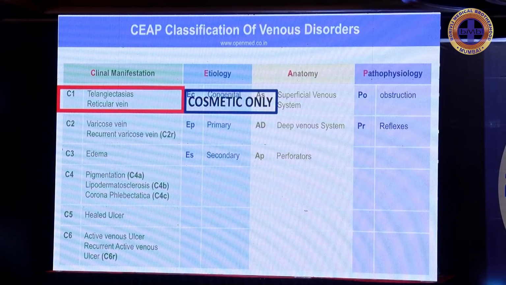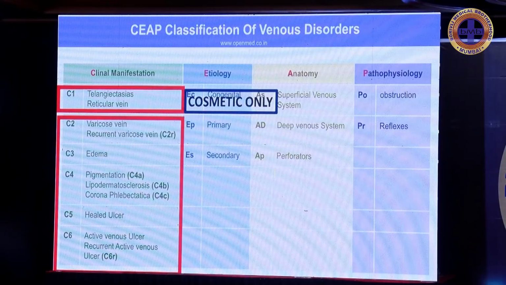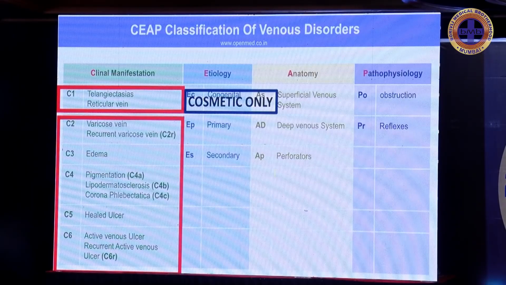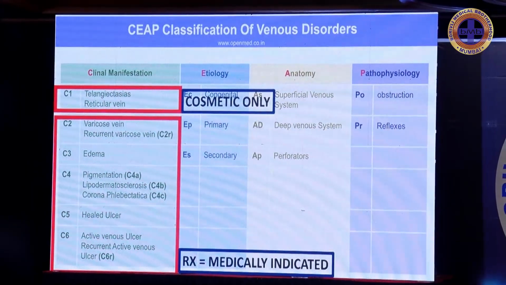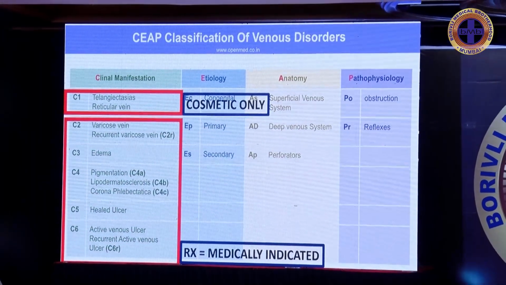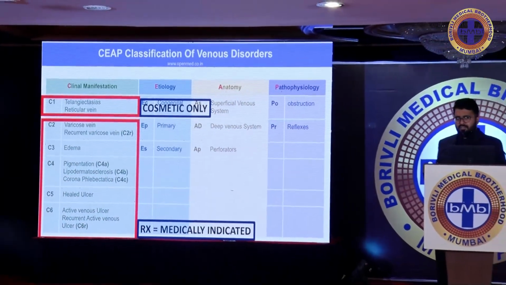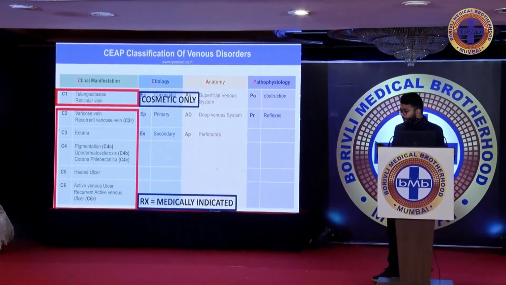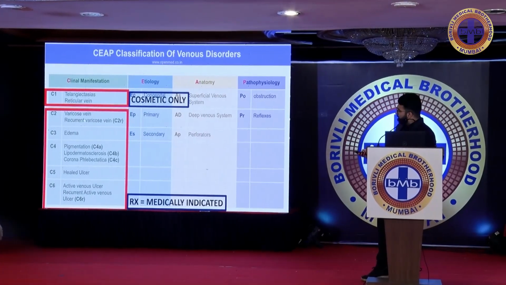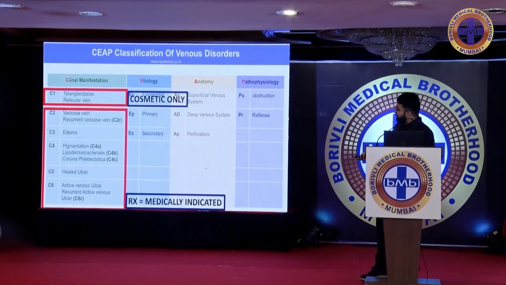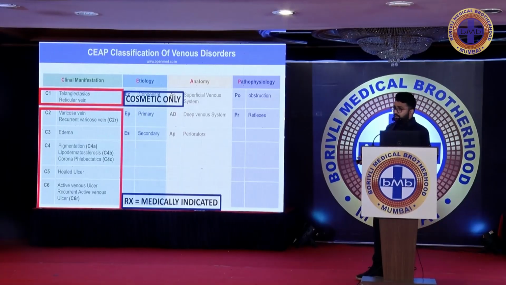These are the spider veins. The treatment for this is not advised medically. However, C2 to C6 onwards is something that warrants treatment. And the treatment is actually medically indicated, whether that's conservative or it requires a procedure. That depends on a case-to-case basis. But if we have symptomatic varicose veins in the form of edema, skin changes, or any ulcer, whether healed or